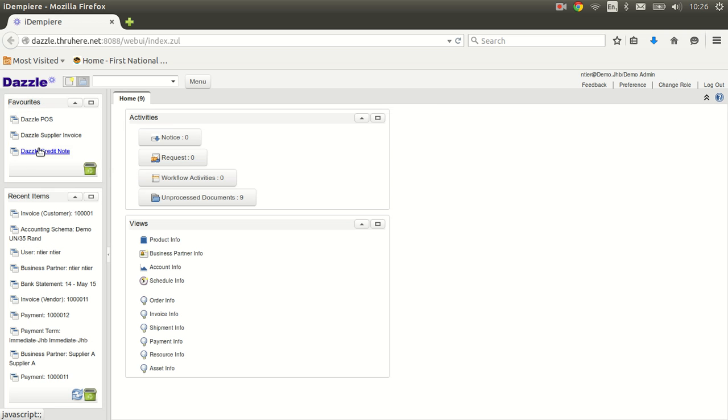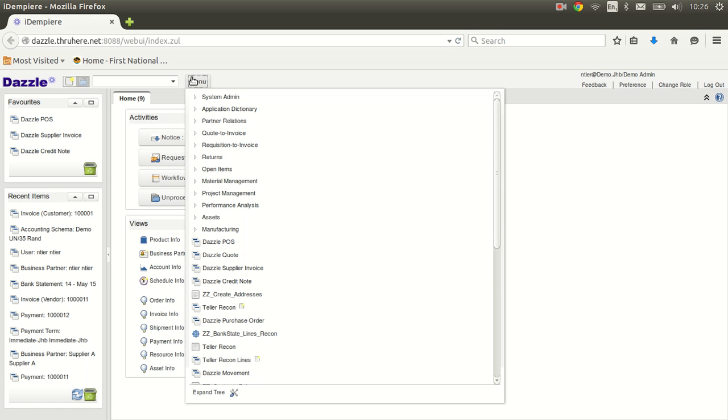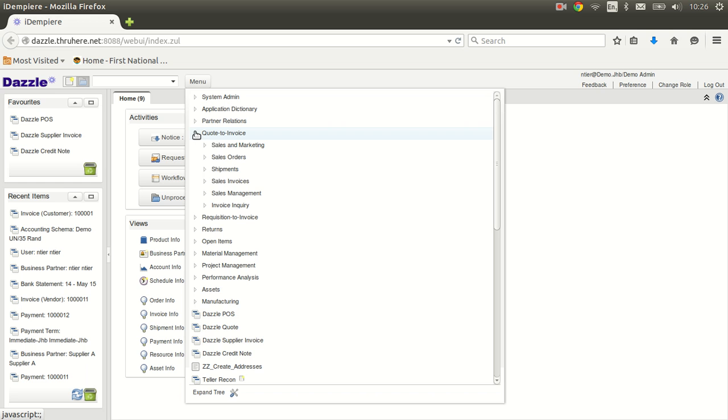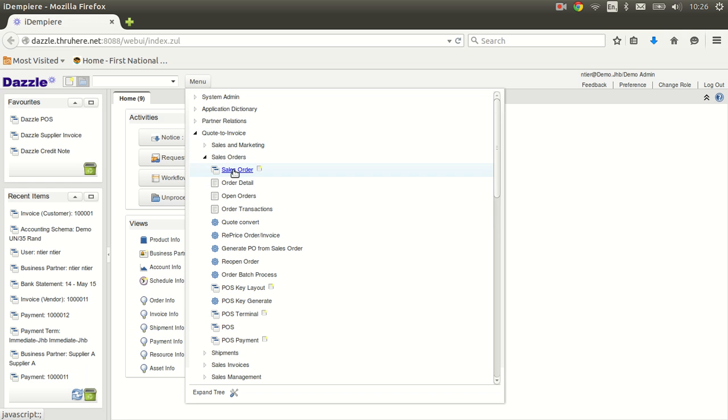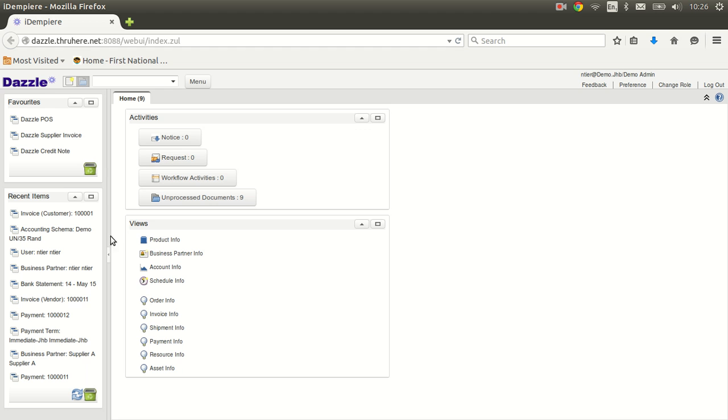Let's put them back. If you're not interested in items, you can just drag them and pop them into the bin. Alternatively, if you want to add to your favorites, you can move it into your favorites panel. Okay, so let's push this all the way to the left,